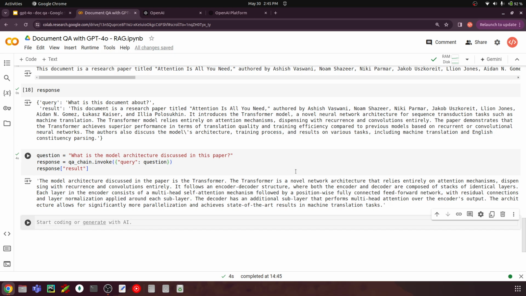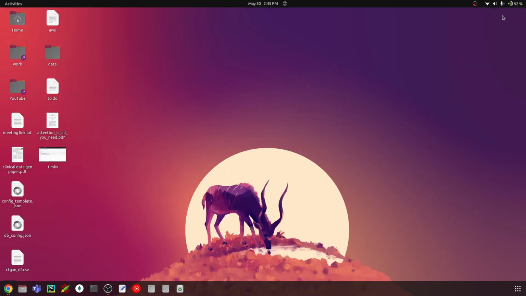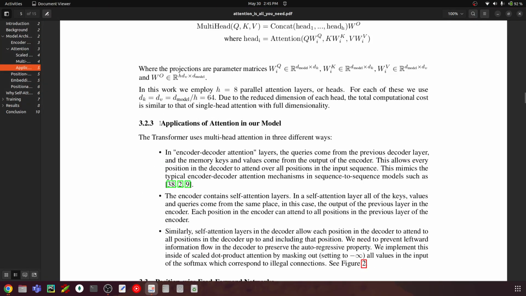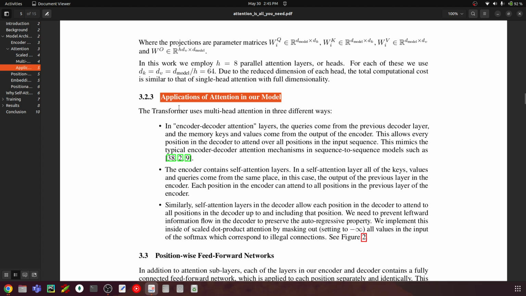We also have to make sure that the response is coming from the paper. So what I'll do is open this paper that I have. Attention is All You Need. I'll open this PDF. I've tested this out. So we have this section, applications of attention in our model. So let's run this particular question and make sure that the model is answering whatever is present within this particular text. So I'll come back here, copy this first maybe,